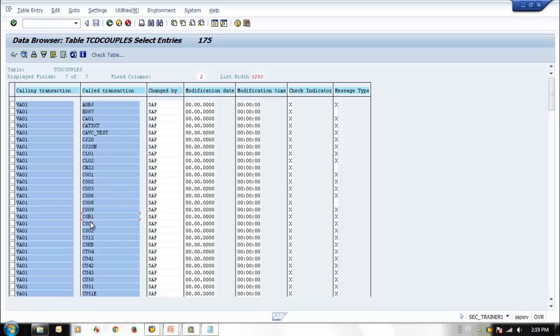Unless you have some requirement like this, we will not be doing this, but we will be doing this especially for custom transaction codes. The custom transaction code can be a loophole if you have security policies. So if you want to avoid that, we can have this kind of check for your custom transaction code,